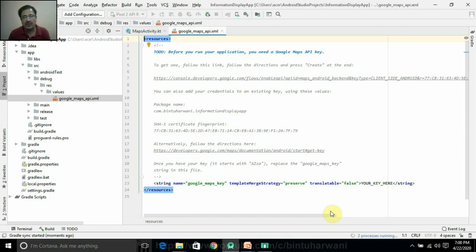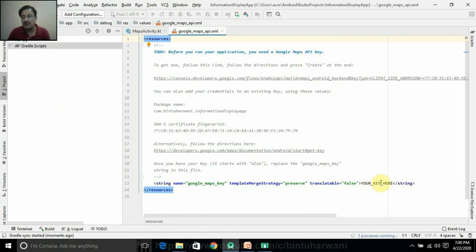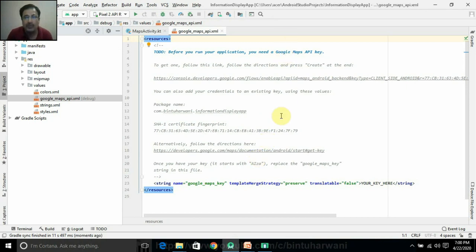Most of your job is already done. The default map and everything has come. The only thing that you require is to insert your Google Maps API key here. And it is also guiding you properly. It is asking you to go to this link and navigate to this area and apply for the Google Maps API key. Your computer should be connected to the internet, as mine is. On this link, press the Ctrl key and click.